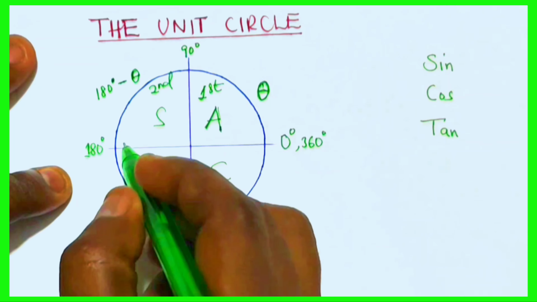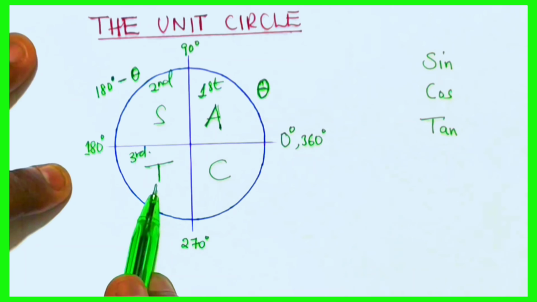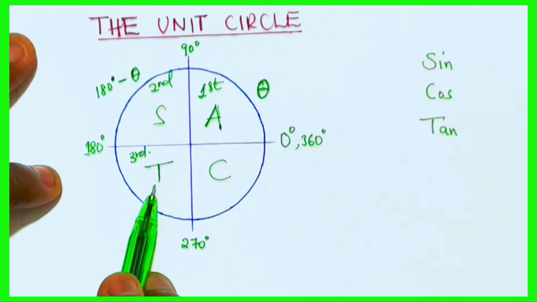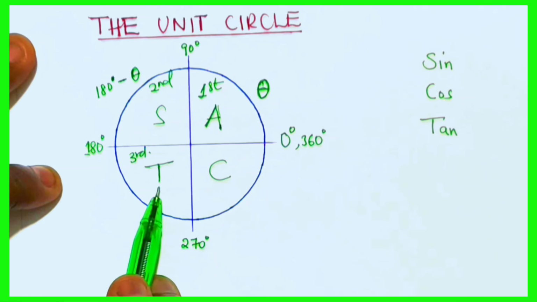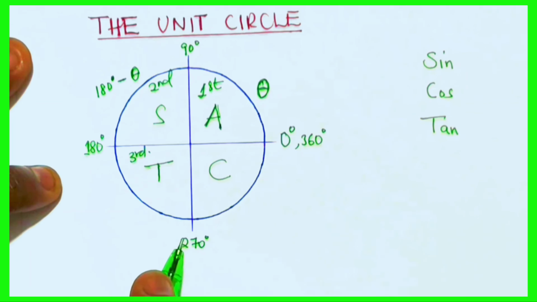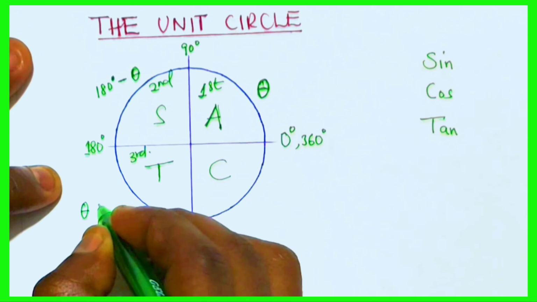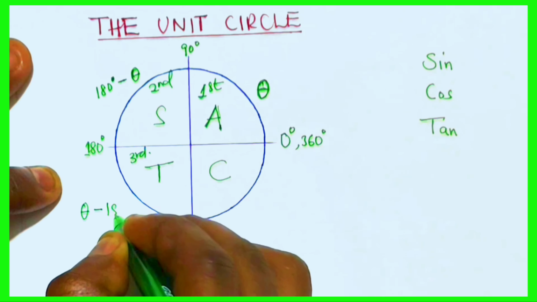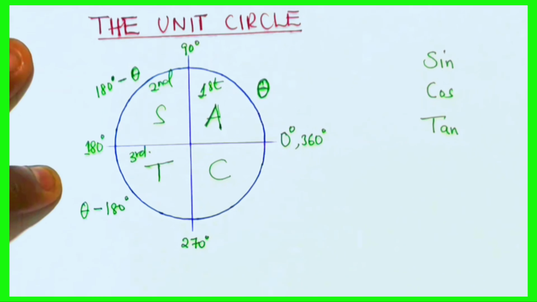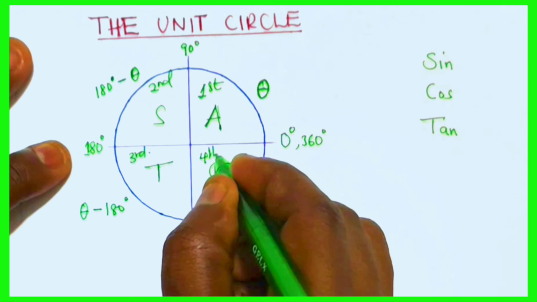And then for the third quadrant, it is the tangent that is positive. So here the sine and the cosine are negative. And so for an angle that is between 180 and 270, to pick that angle, we are going to consider theta subtract 180 degrees. And then in the fourth quadrant here,